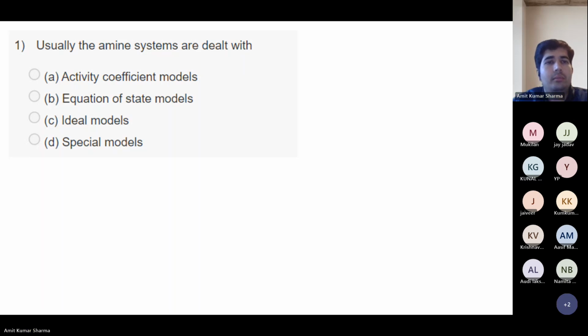Special models. Okay, we have an answer. Equation of state models or activity coefficient models. Okay, let's see.